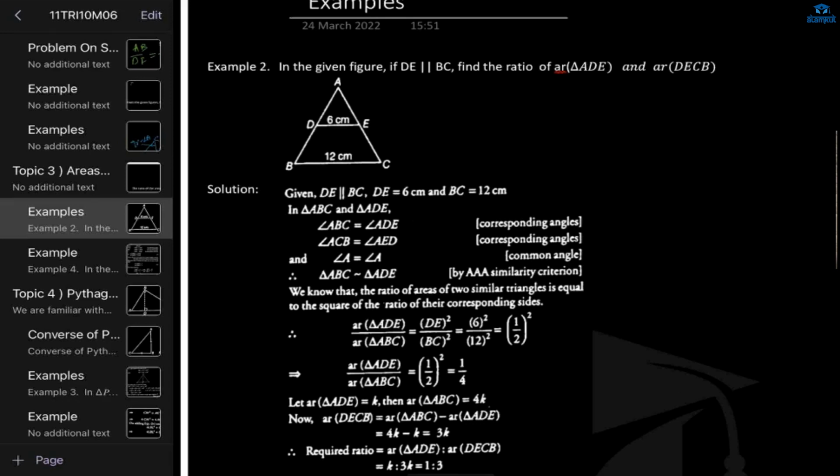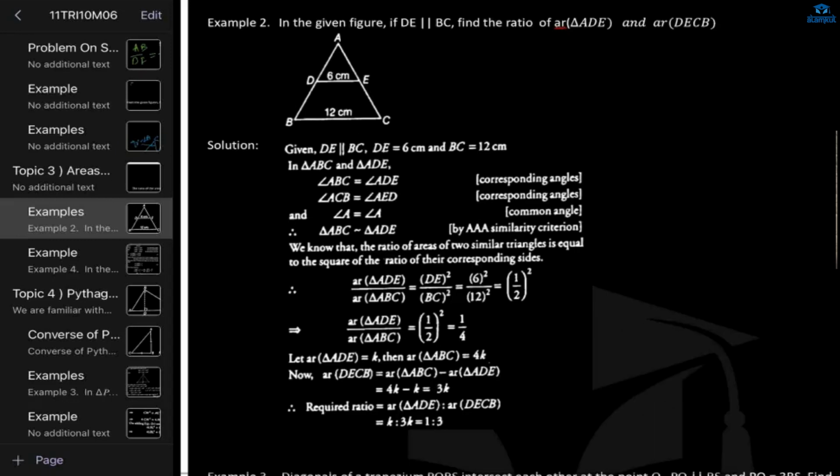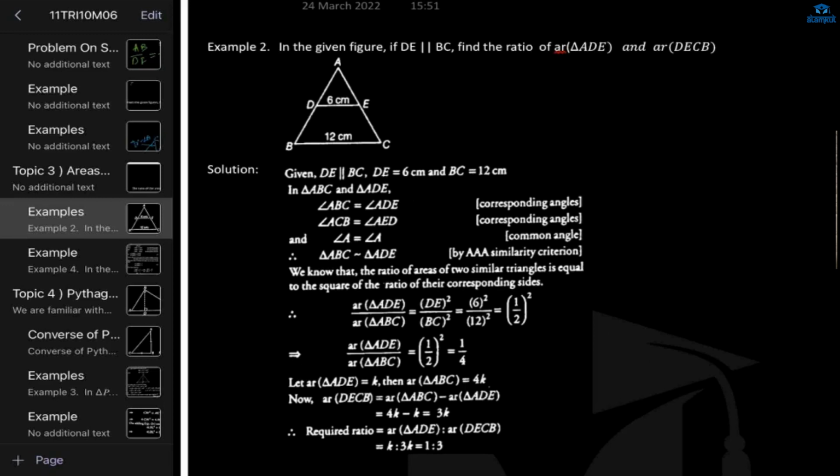You can see trapezium DECB. You need to find the ratio of the areas of DECB. First of all, how can you find the ratio of both the figures? For triangles, we can find the ratio of the smaller triangle in comparison to the bigger triangle. And once you know the ratio of the smaller triangle to the bigger triangle, then you